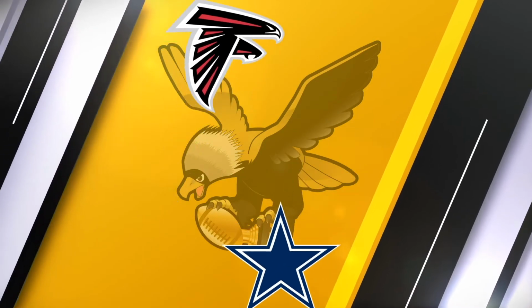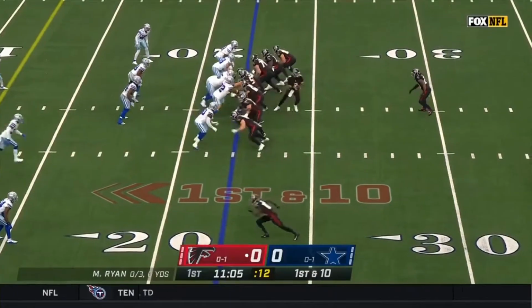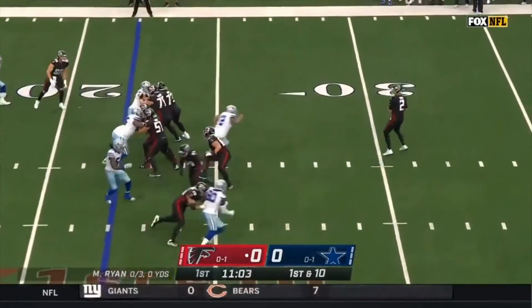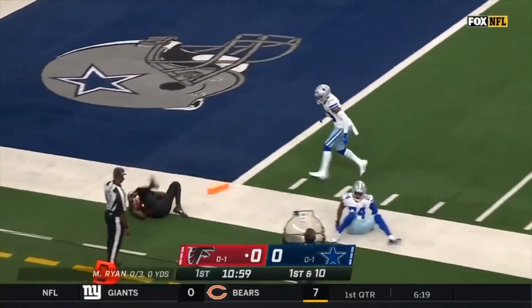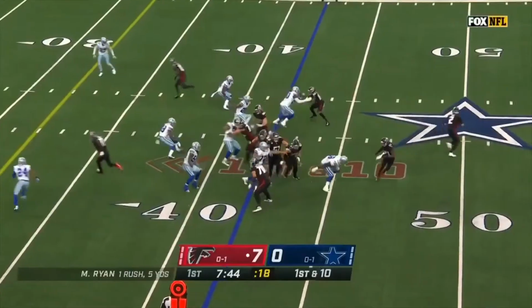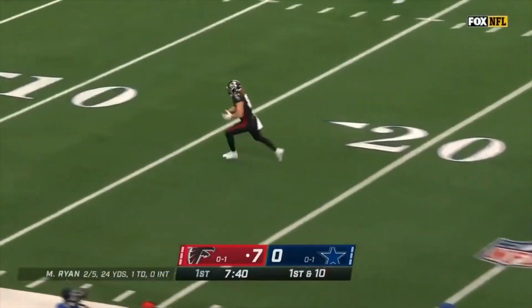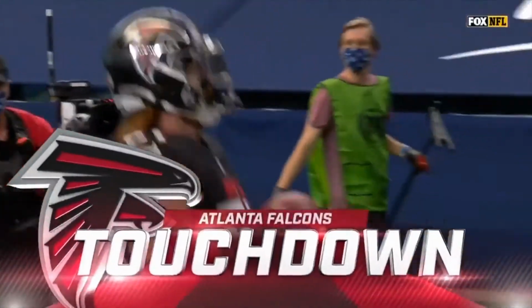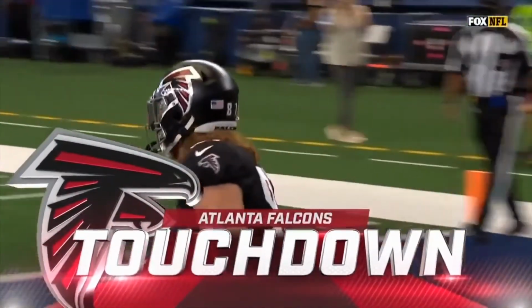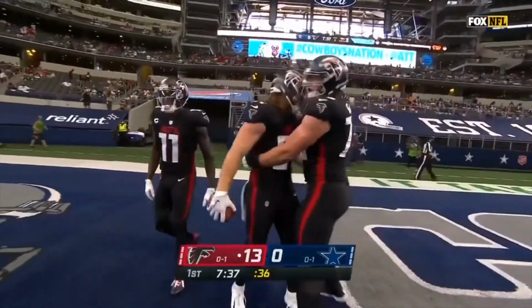The Atlanta Falcons taking on the Dallas Cowboys in Arlington. First quarter, 11 minutes on the clock. Matt Ryan, play action pass, and who's he going to find downfield? Calvin Ridley, who dives his way into the end zone as he's falling out of bounds, hits the pylon. It's 7-0 Falcons. Later on in the first, Hayden Hurst wide open downfield for a 42-yard touchdown. I told you guys last week not to panic about Hayden Hurst, and he came through for you in week